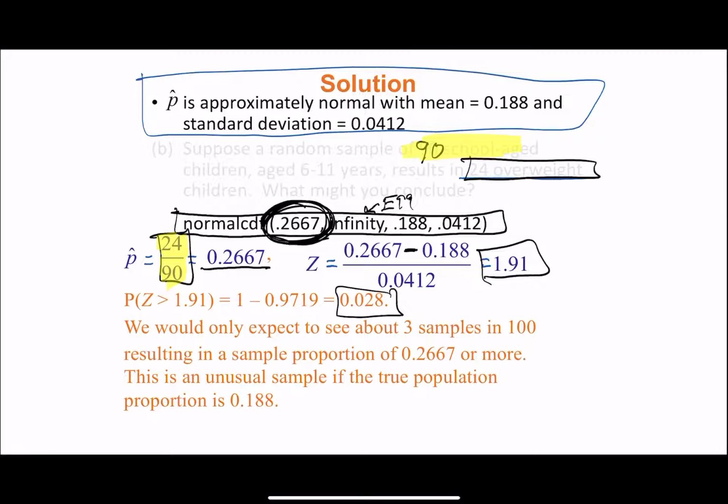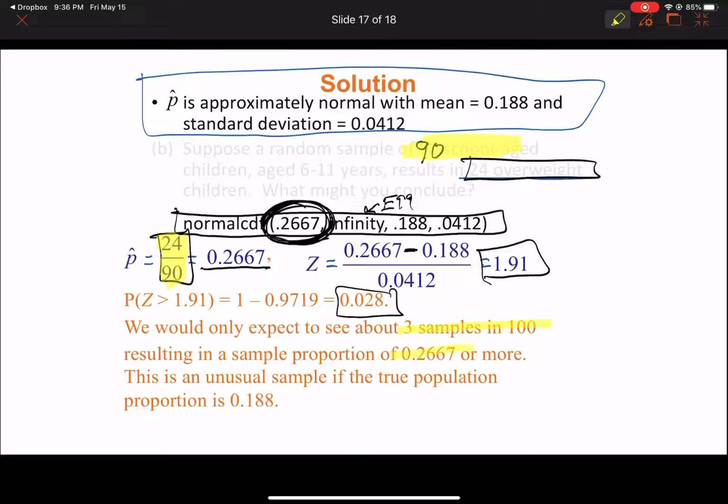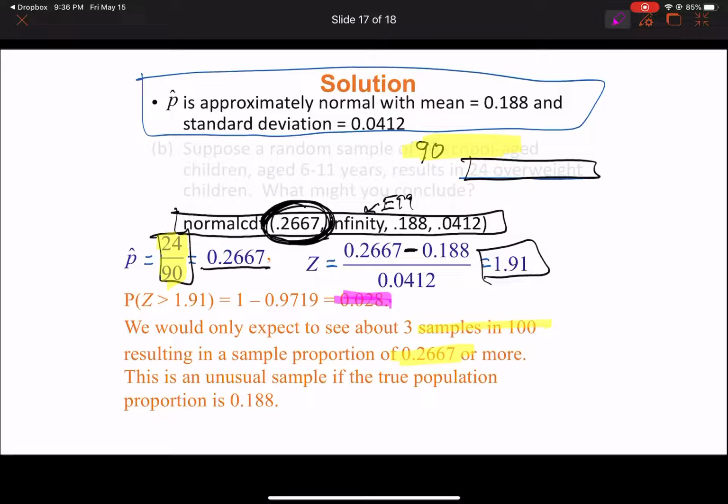Sorry, that is not exactly what's happened. Basically what this is saying is, if I took 100 samples of size 90, we would only expect 3 of them to have a sample proportion of 0.2667. If this number here is less than 5%,